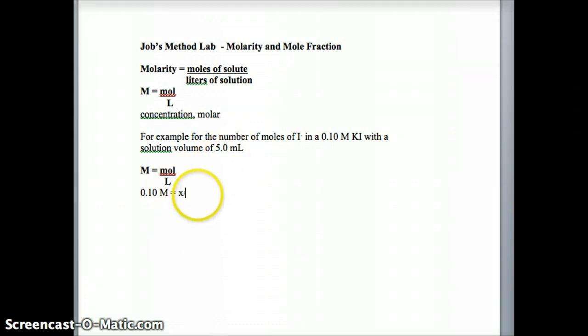To do that, we would divide by 1,000, so we would get 0.0005 liters of solution. So to solve, we would simply just have to multiply, and that would give us moles of iodide. The answer would be 0.0005 moles of iodide ion. Now what I want you to do is pause the video and calculate the